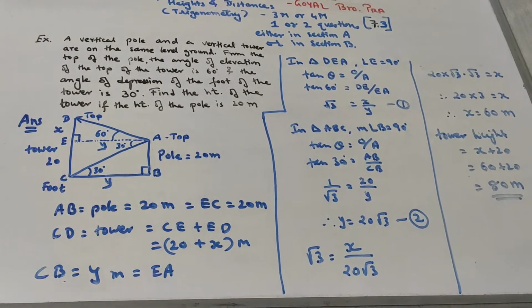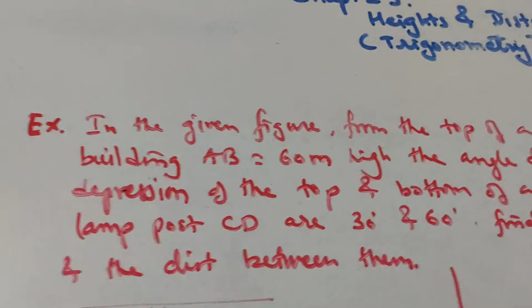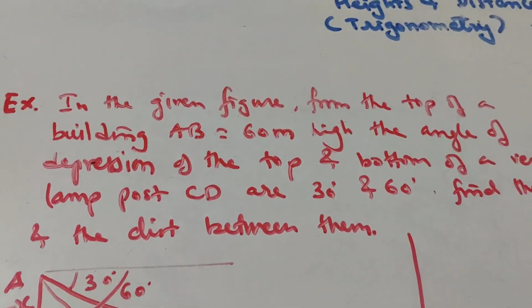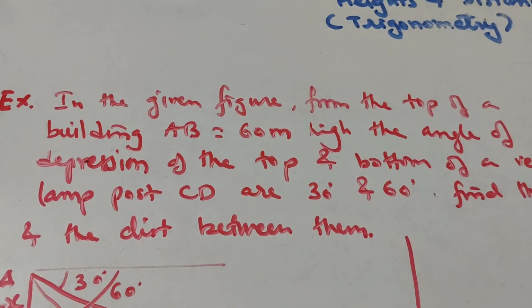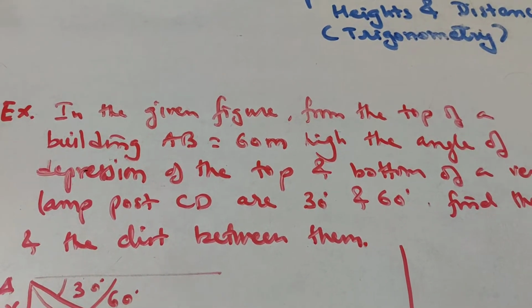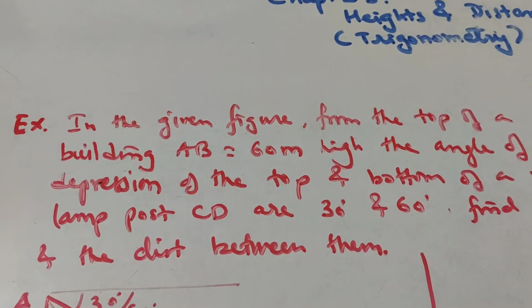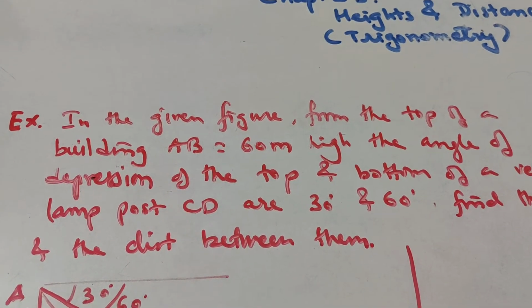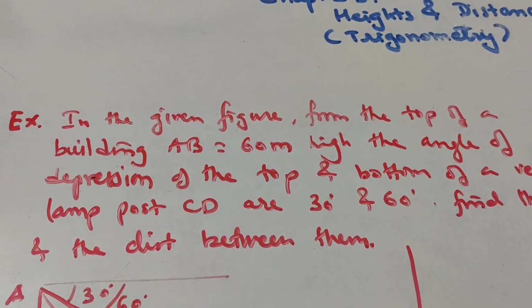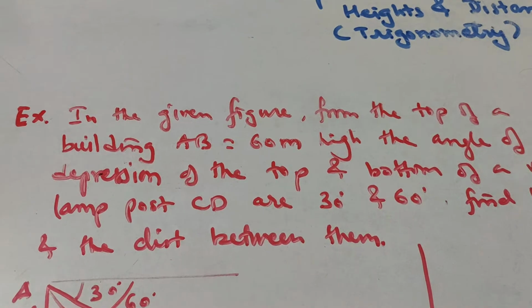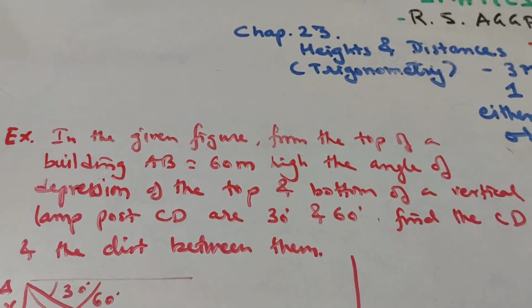We'll start with another example. So let us see second example. In the given figure, so figure is given to you. See in this question, the figure is given. So that means in board examination, sometimes they might give you the figure or they might not give you the figure. So you have to be very careful. If figure is not given, then you have to draw the figure. Then it becomes really easy. But if the figure is given, then also you draw the figure in your answer paper and then you start your sum.